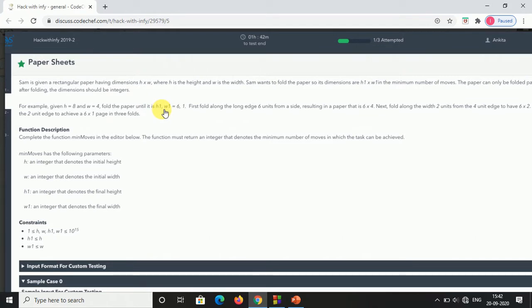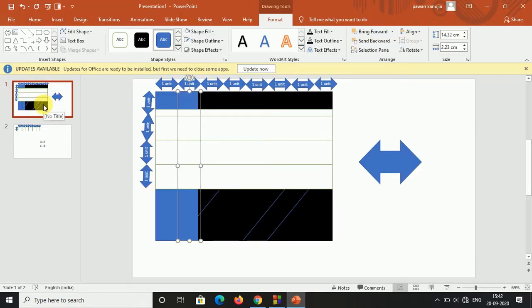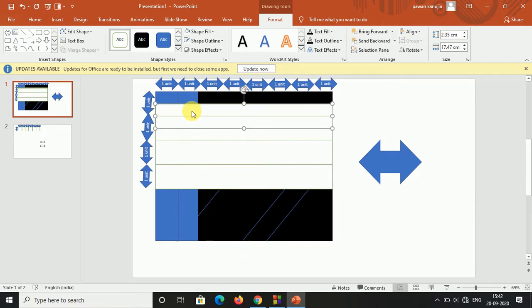So just calculate 1, and you have to do the same about the width, that is 4, and you have to come to 1. So let's see, here it is 4 to 1. You can see over here, 1 2 3 4, 4 units are there.